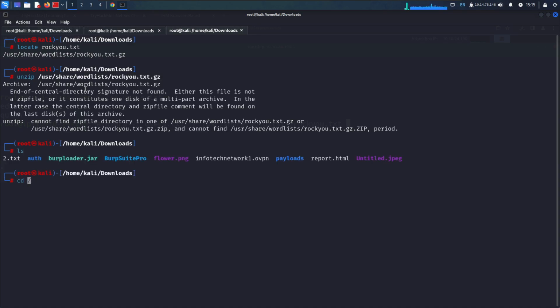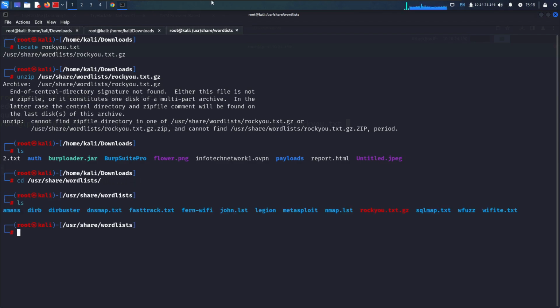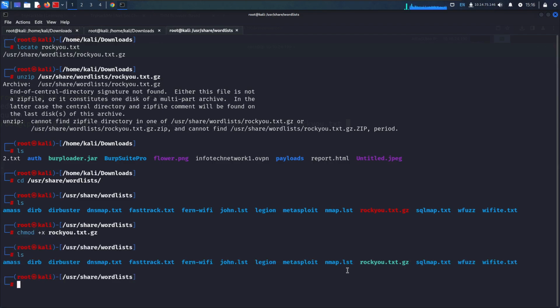So basically I'll need to go to that directory. It might be possible you get a problem. So we have here this one. Just give it a root permission, chmod +x rocku.txt, then just type